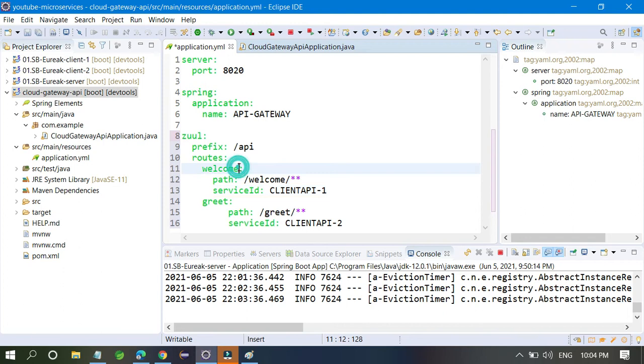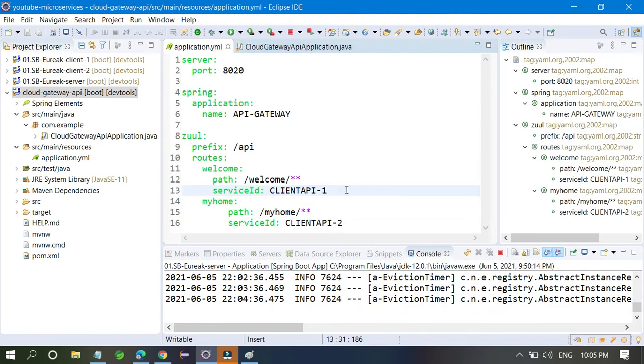For example, this is client 1, this is the name. This is the name API, so I will mention name. We can mention welcome or anything. So welcome, and this should also be welcome, and this should be client 1. Anything you can request will be fine. And this should be like greet, so we can change it to home. My home, so we can say my home, and copy this one and put it in this place also. So whatever you want to call, you can call these things also.